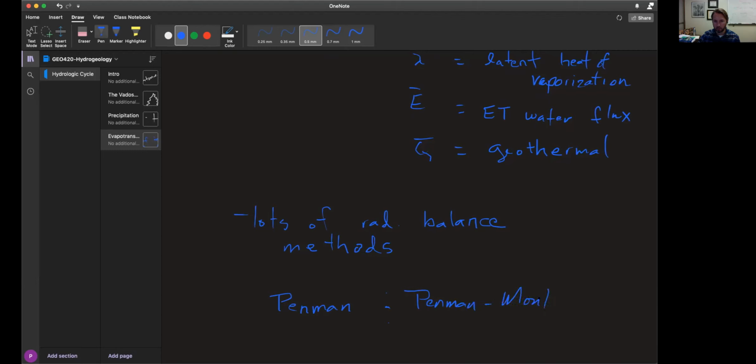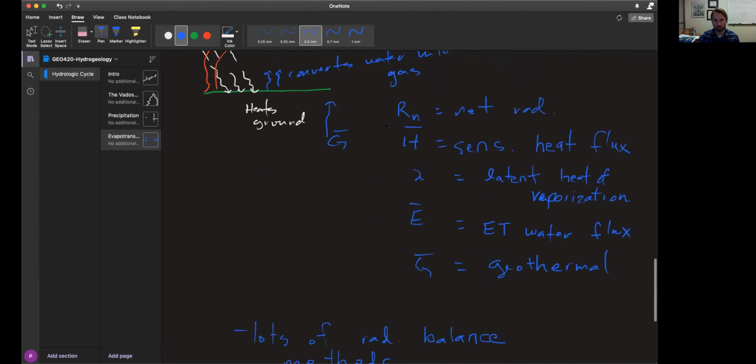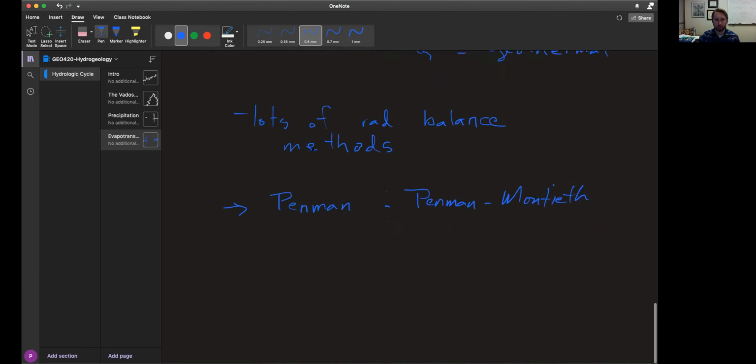And these are essentially empirical relationships, semi-empirical relationships, that relate the radiation balance to the evapotranspirative flux using this radiation balance equation. All right, so